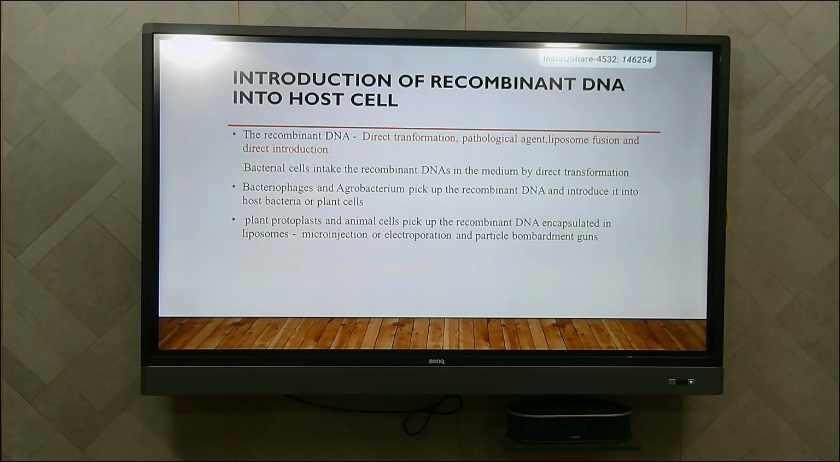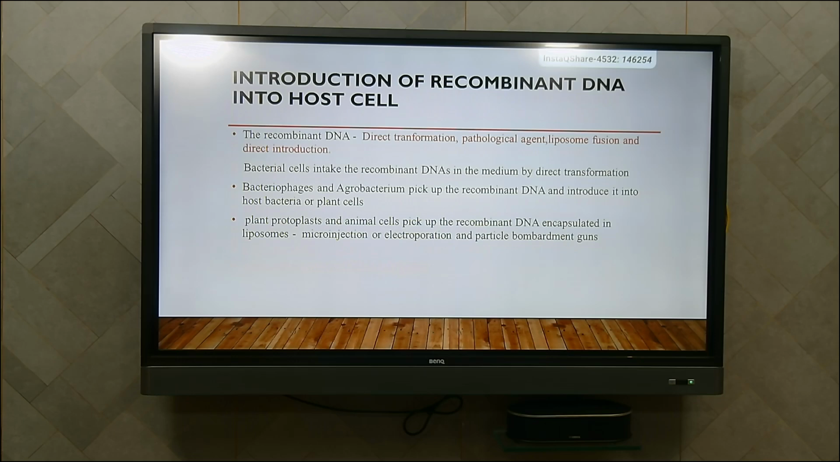Now we are going to discuss the steps involved in the introduction of recombinant DNA into the host cell. The recombinant DNA can be introduced into the host cell by direct transformation, pathogenic agent, liposome fusion, and direct introduction. Bacterial cells take in the recombinant DNAs in the medium by direct transformation. The pathogenic agents such as bacteriophages and agrobacterium pick up the recombinant DNA and introduce it into host bacteria or